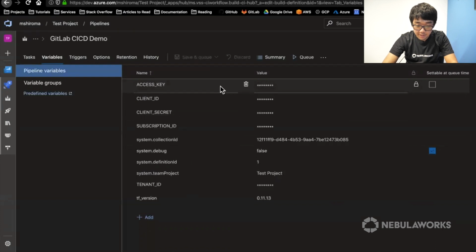Now, you may be seeing this asterisk here, and you may be wondering what that means. Basically, that is a secret variable. And the really nice thing about Azure DevOps Pipelines is that when you declare a variable a secret, not only can you not see it in the GUI anymore, but when you look into the logs of the pipeline, it will also be hidden there as well. So there's virtually no way for you to leak the value that you have for, like, the access key, or in my case, these variables here that I marked as